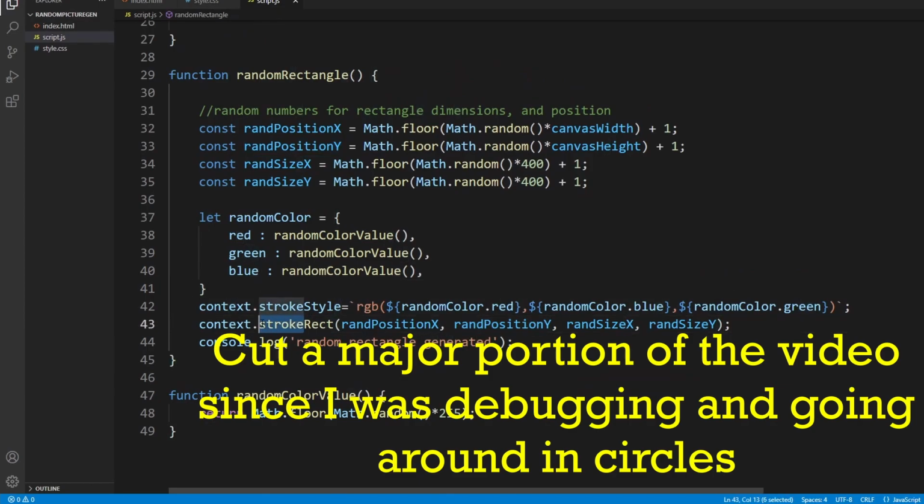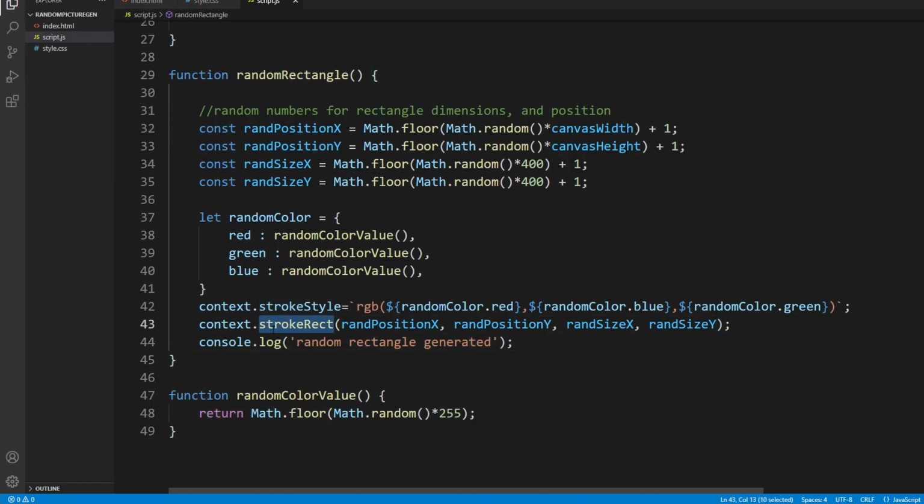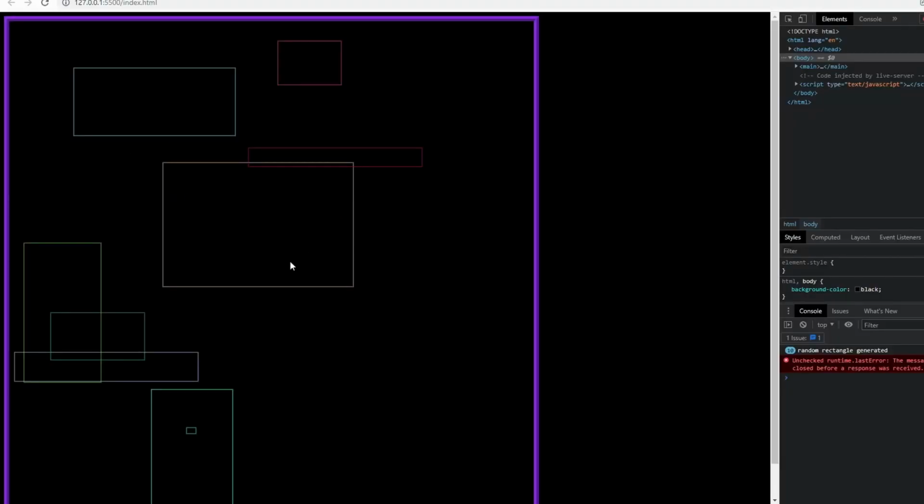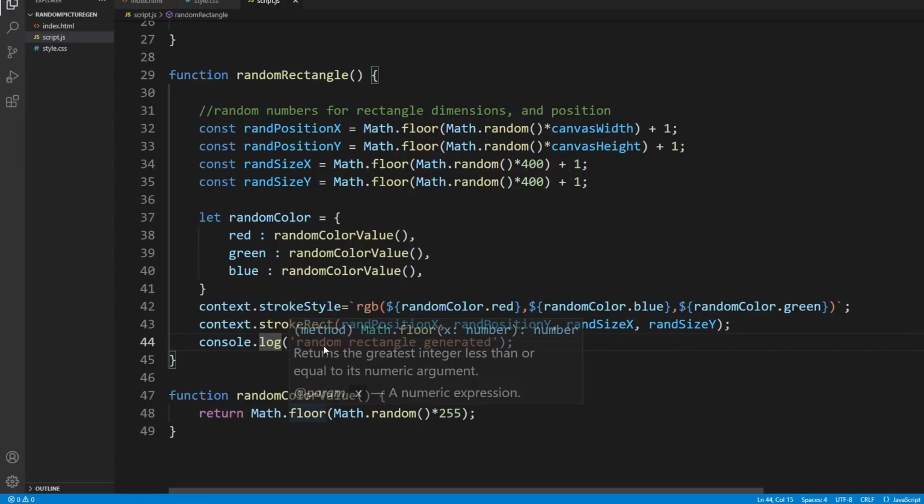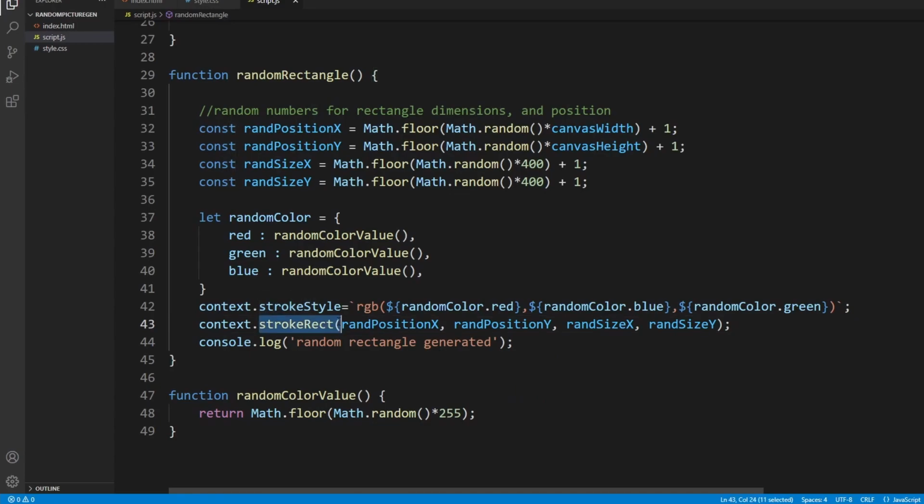So that means it creates a rectangle that is on the outline where I generated a random color every time. So I'm not sure about the difference between stroke rectangle and rectangle, but I know that the stroke rectangle will kind of create a rectangle